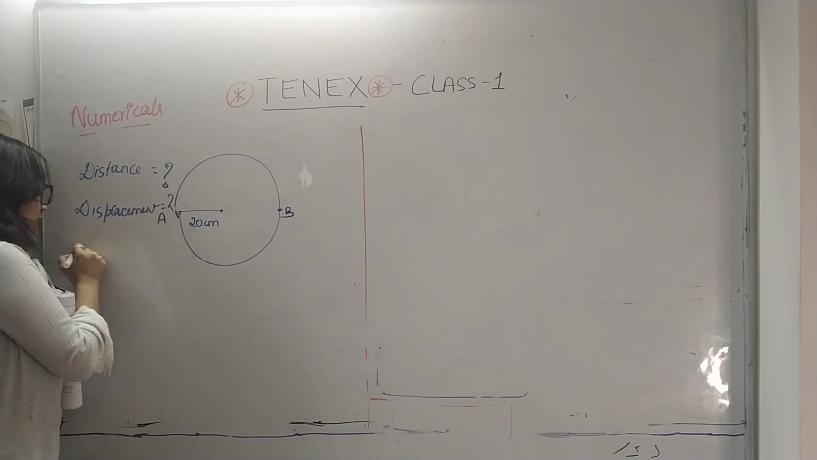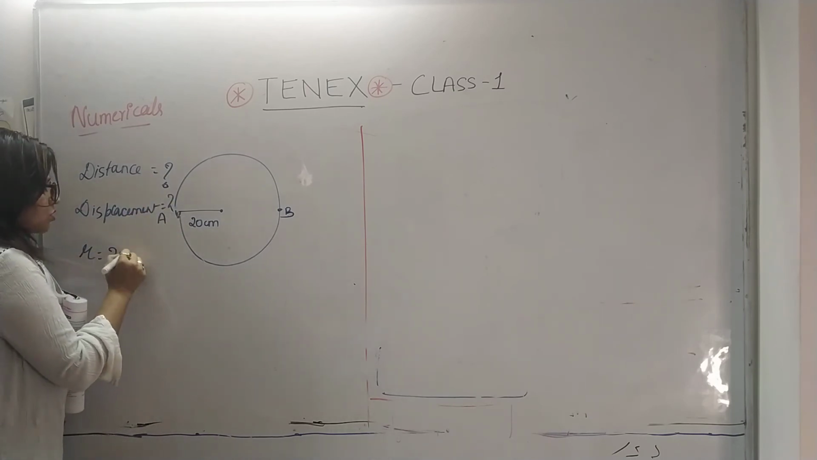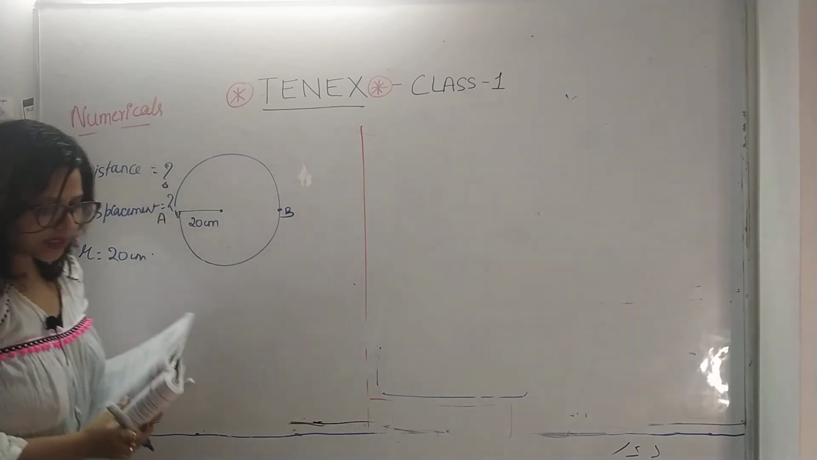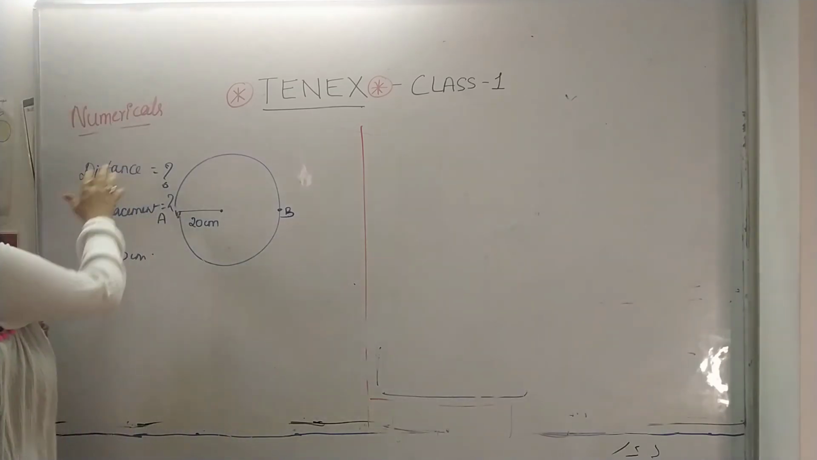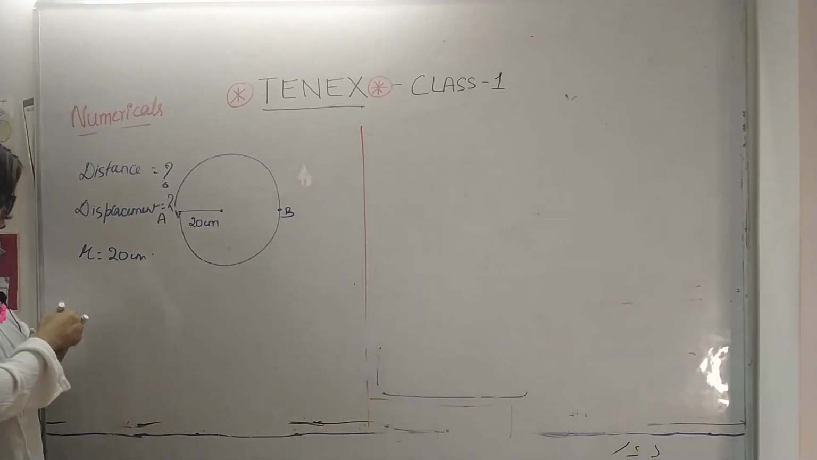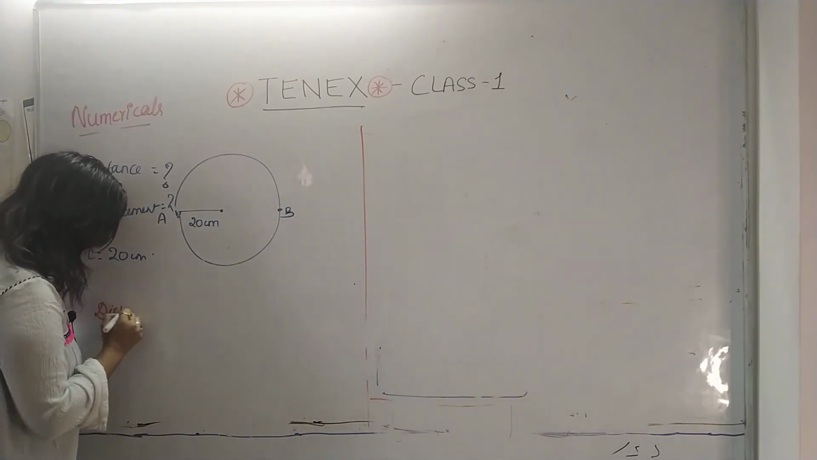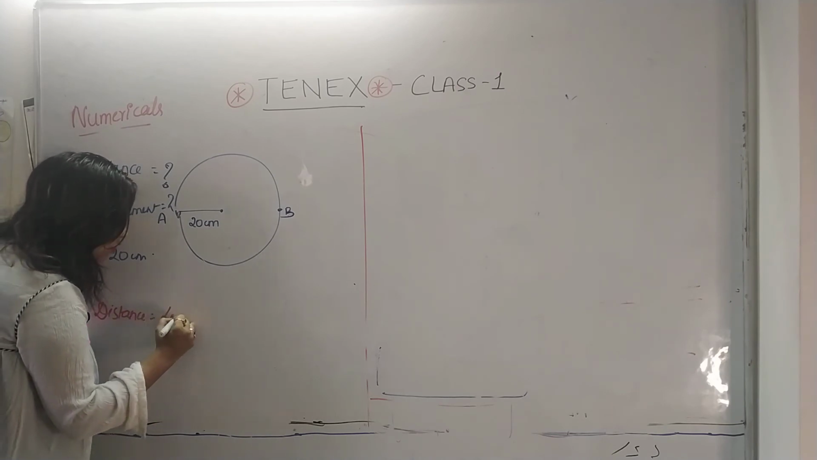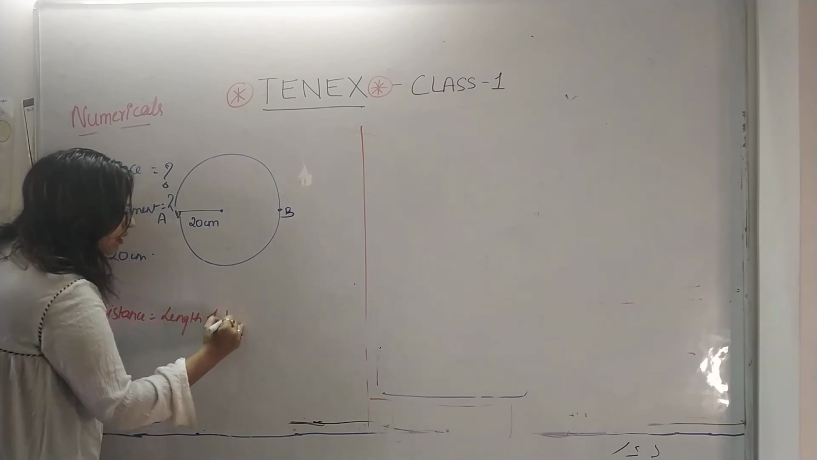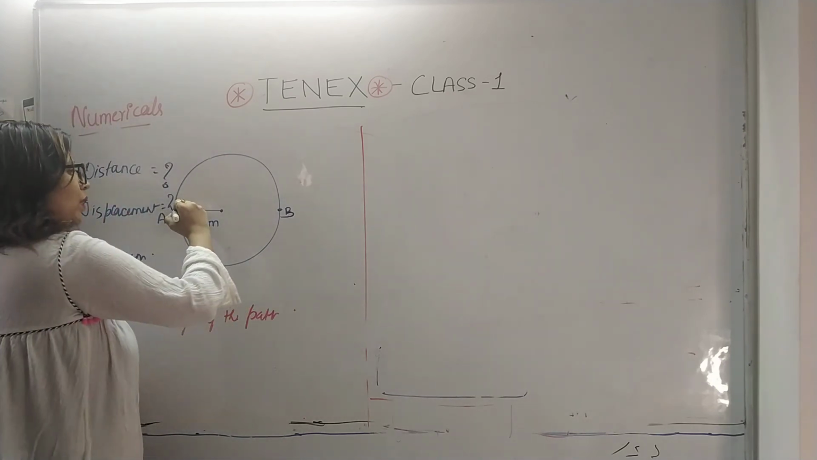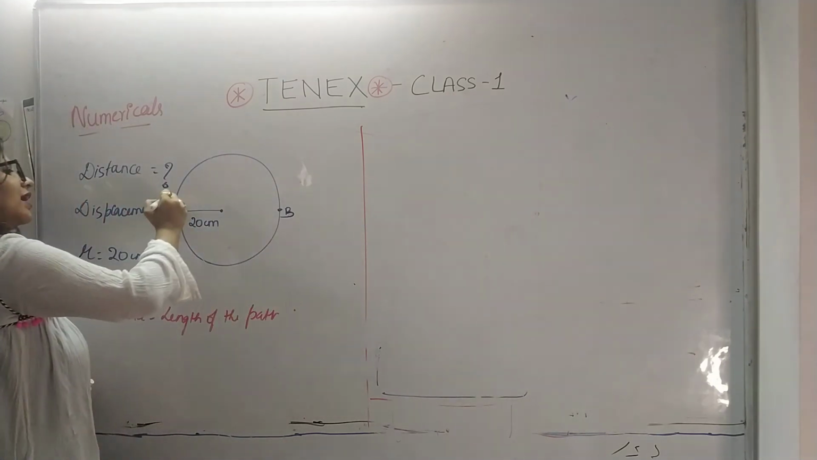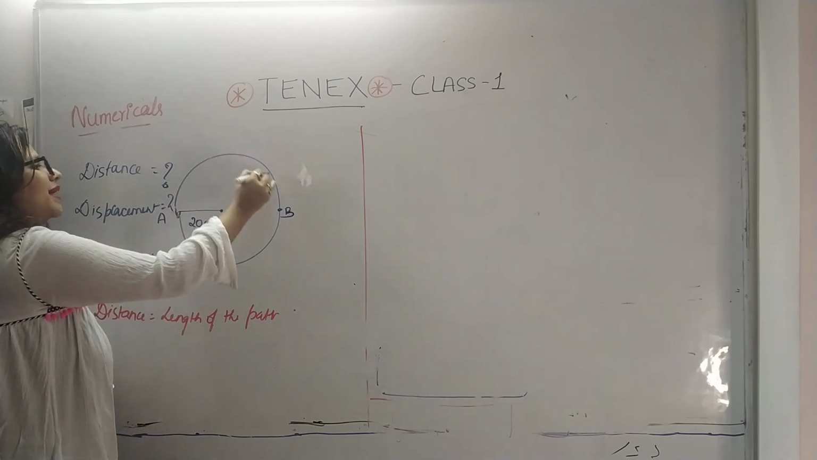Okay? What is given to us? That radius is equals to 20 centimeter. Guys, so now we are going to find the distance. Distance is equal to the length of the path that is taken. So, distance is equals to the length of the path. Okay? So guys, when I travel one entire circle or along the periphery of